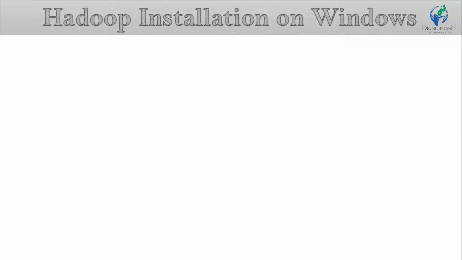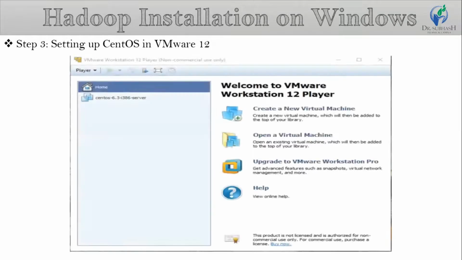Now step number 3 is setting up CentOS in VMware 12. When you open VMware, you can see this window. Click on create a new virtual machine.